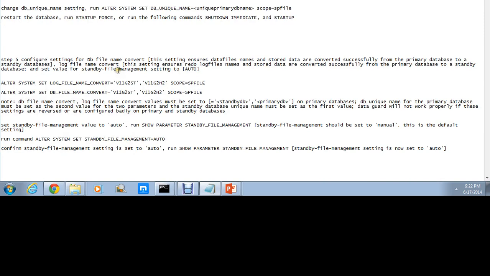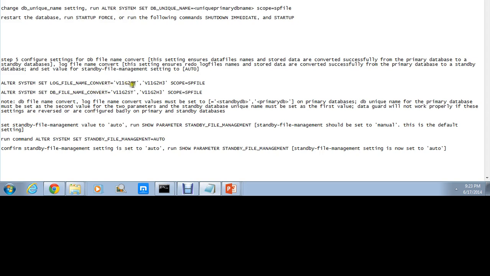So what I'll do is I'm going to set up my Data Guard. I'm gonna configure my Data Guard settings on my primary database. So what you have to do is you need to set these two parameters. You need to run these two parameters inside of SQL Plus. So I'm gonna run this first command. This first command, what you're doing here is you're actually just saying to Oracle that I have data files and I have some redo log files, and what I want you to do is basically just capture